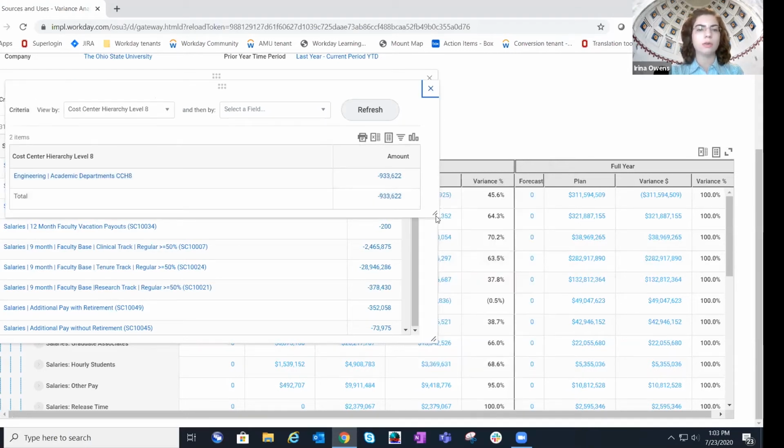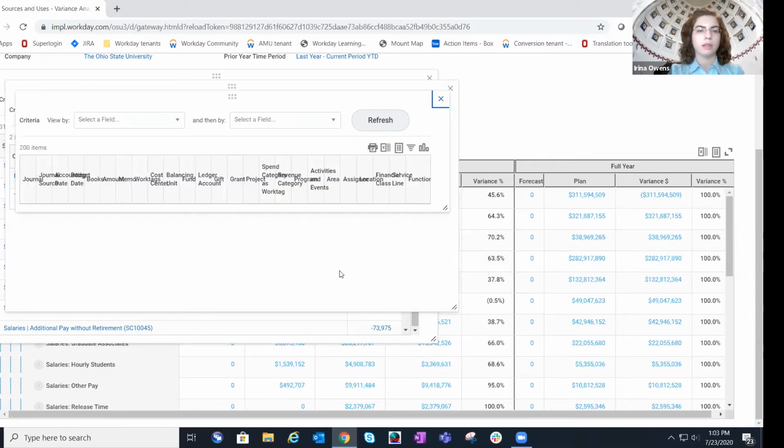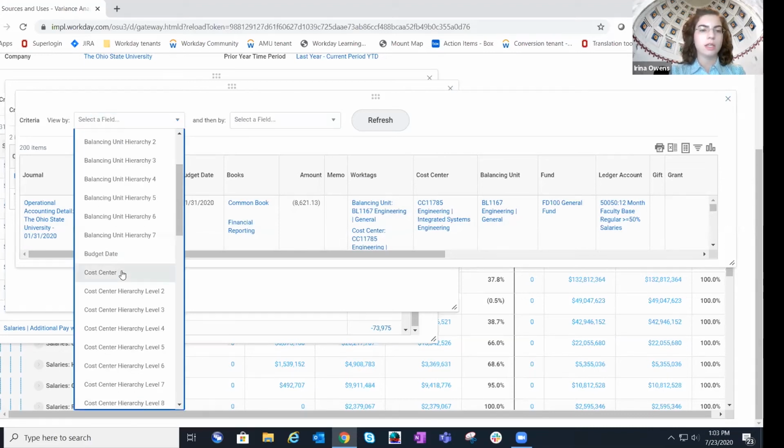As I look at this, there's only one cost center hierarchy level 8 that all of the transactions roll in. It's called academic department. But maybe you want to now look at all of the cost centers that roll into the academic department that make up this balance. I can click on this number one more time. So this will give me the most granular level of detail in every transaction down to the journal line. But if I pivot it by cost center,